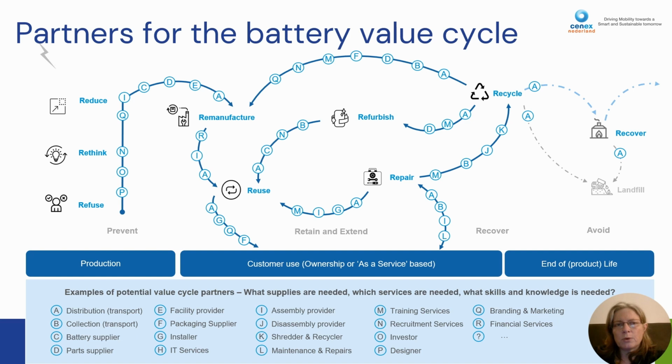Other roles can be very specific, related to actions. For example, a designer who designs the energy storage system according to the goals and criteria you set out, or a person who performs maintenance and repairs on site for the customer. When developing your circular value proposition, consider that a successful model makes clear what a value partner brings to the proposition and what a value partner receives from the proposition. And remember, this value can be economic, environmental, and social in nature, or a combination.